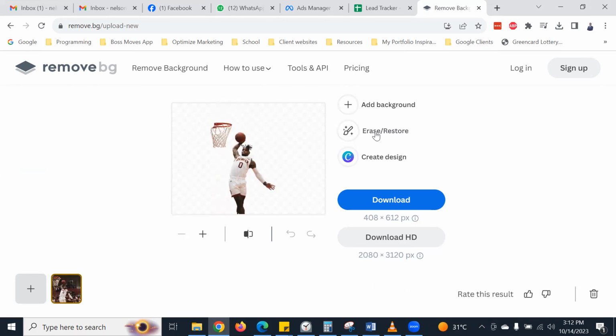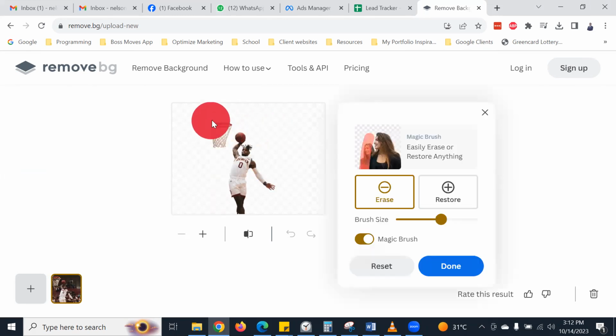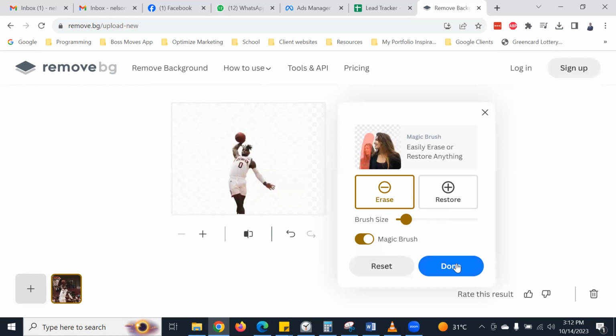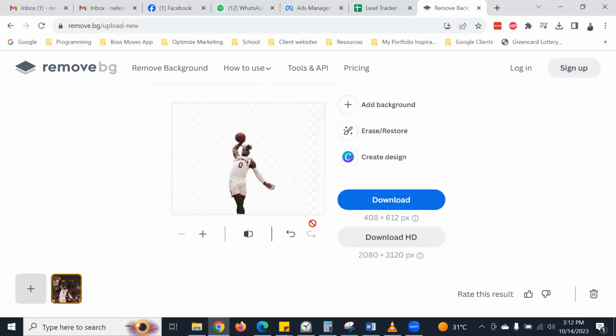So I can still erase other parts that I want. Like I can erase this, and I can even reduce the brush. You see, I don't want this here, so I'm just going to remove it. So you can see now,